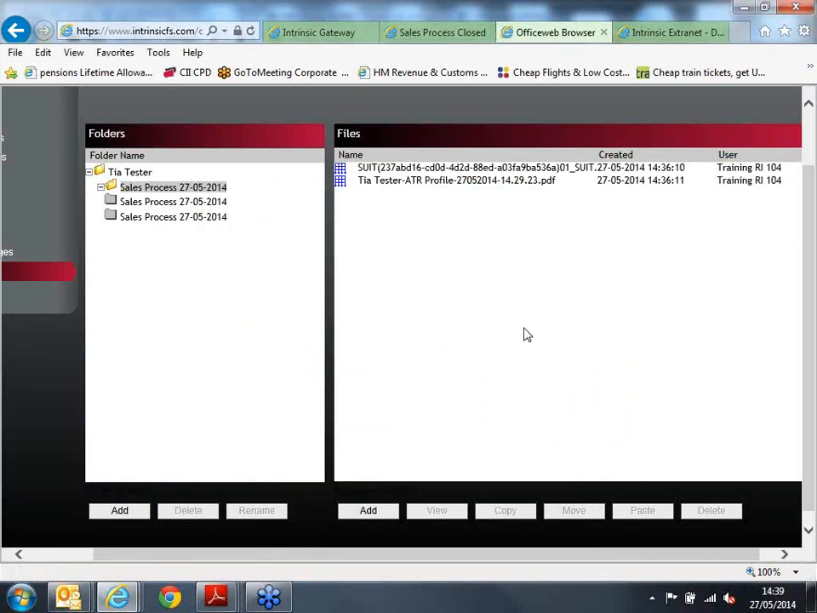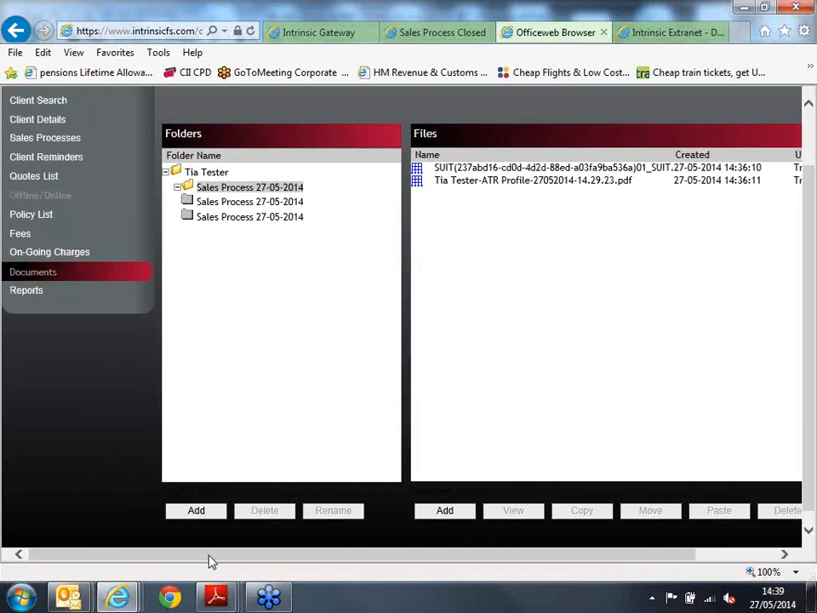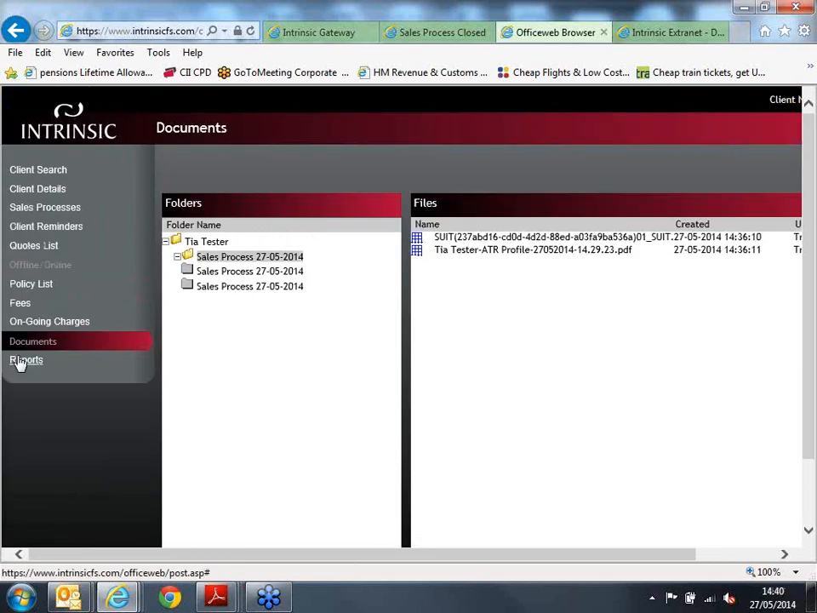And what you would see when you do click on Upload is a status bar showing you how long it will take for the remainder of the files to upload. It is a web-based system, Office Web, so it is very quick. It doesn't often take very long to upload any documentation. And once you are happy that everything has been uploaded to the case,